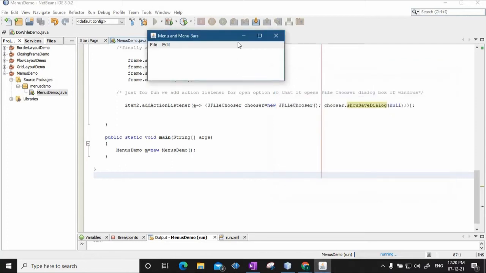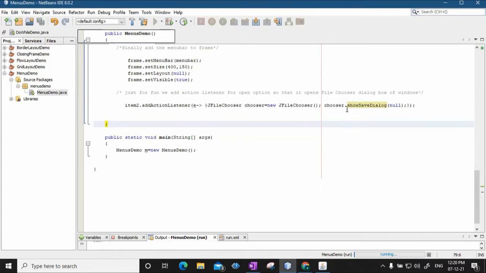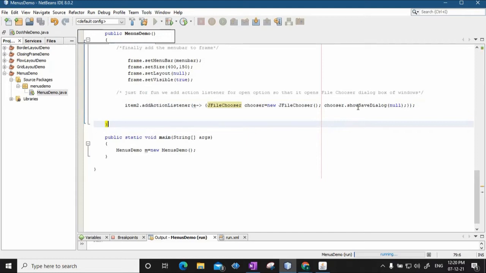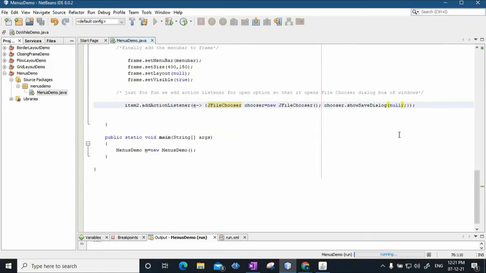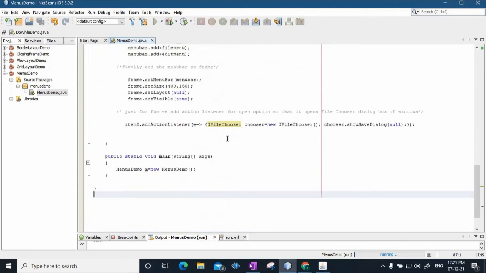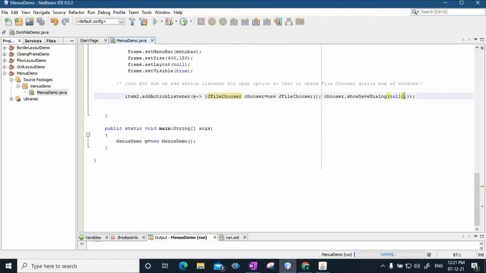That dialog box can be opened. This way you can use different inbuilt methods that are there for the object of JFileChooser, so that different dialog boxes can be opened. Similarly, different files also can be opened, and so on. So you can try this. This is how a menu bar and different menu items can be used.